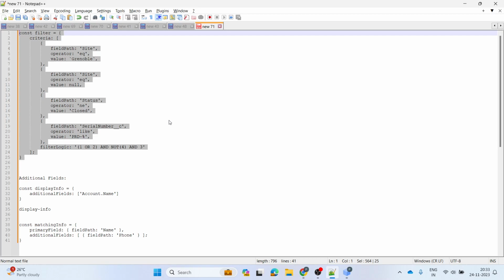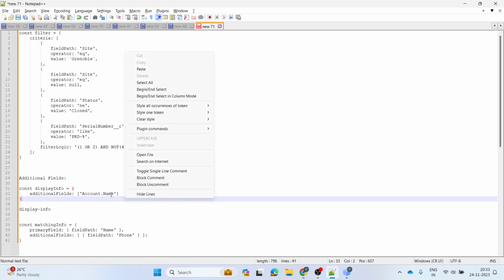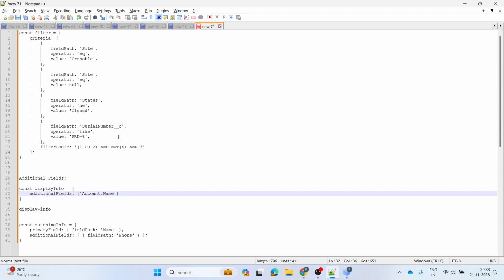So if you wanted to pull the related list, then how are you going to pull that? For that reason only, they have defined the additional fields. So you have to define the additional value here. Okay, so additional value is, as in, if you have defined the additional value, suppose my